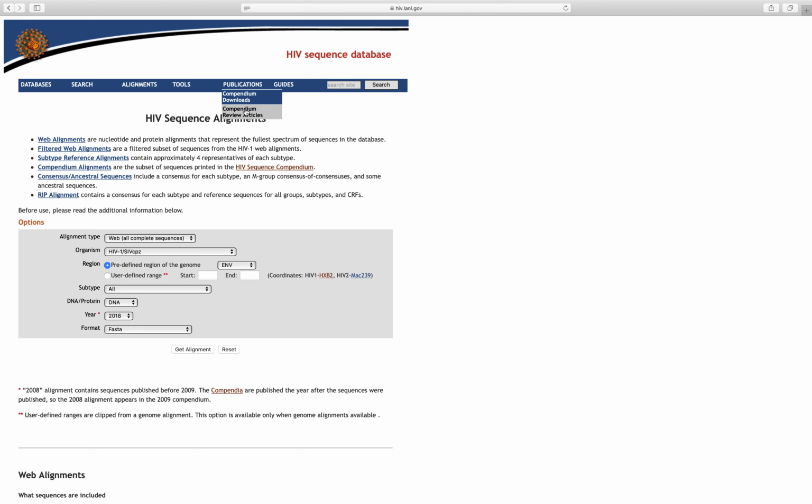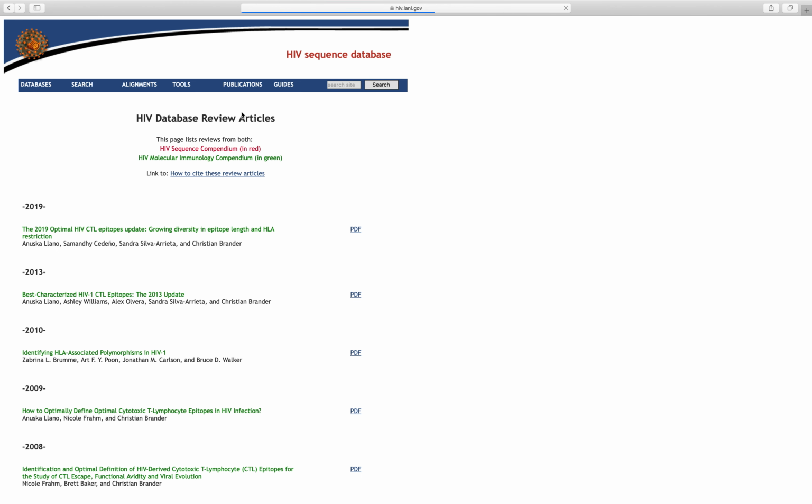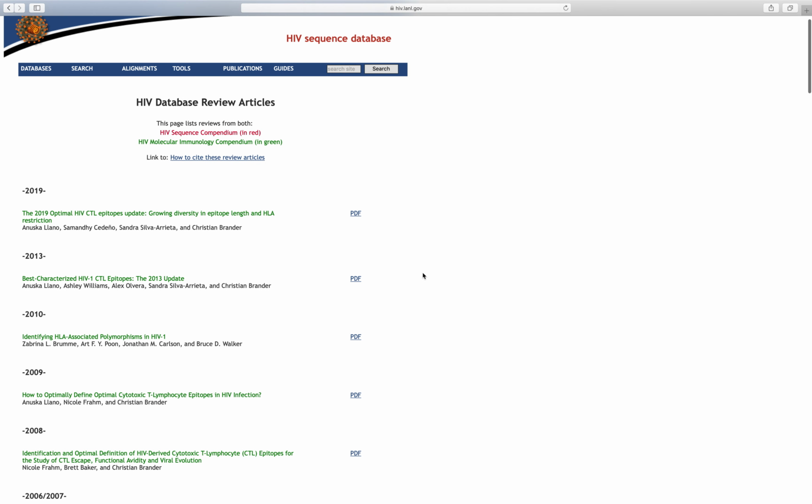We also have some review articles here. These are useful to just help you get caught up with some of the more popular concepts in HIV research. So, for example, the cytotoxic lymphocyte epitopes. So these are epitopes that you would want to try to be able to express so that your body can eliminate